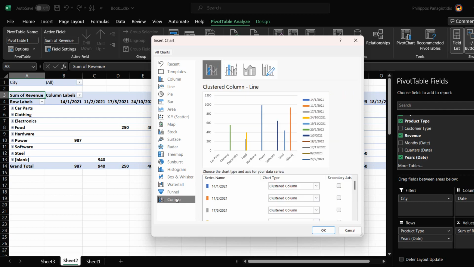In the Insert Chart dialog box, we just select a category from the left, and then